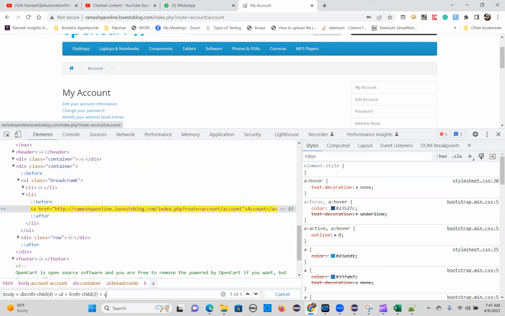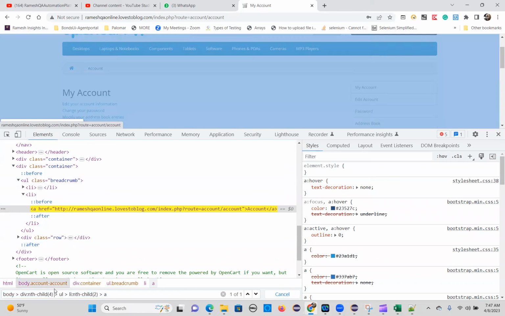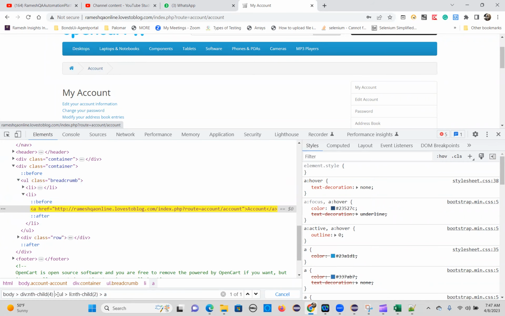So my account breadcrumb, you can take this one. UL breadcrumb. You can write it, otherwise, if you don't want this, you can start from UL. So LI and the child of 2 greater than A. From there also, this one, UL dot breadcrumb. That's a tag name dot class value, right? So I can write class name dot